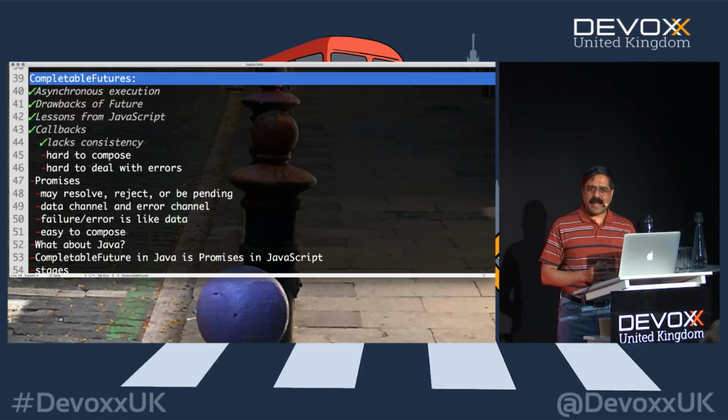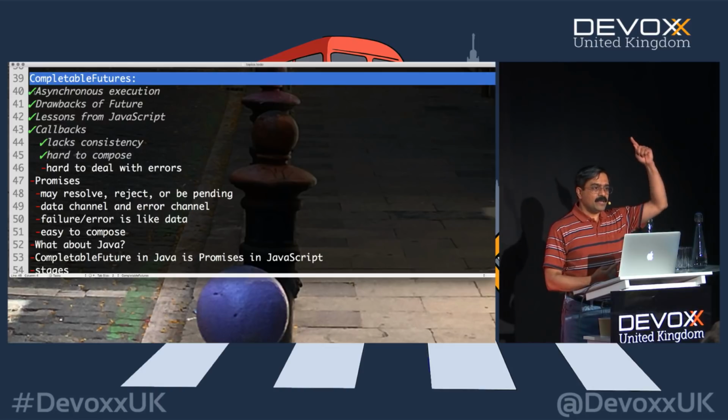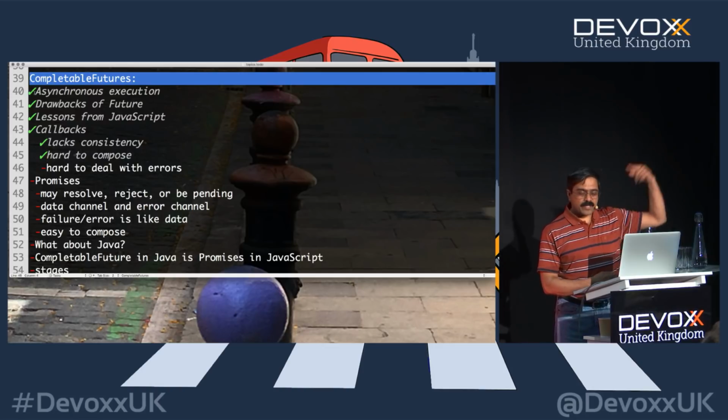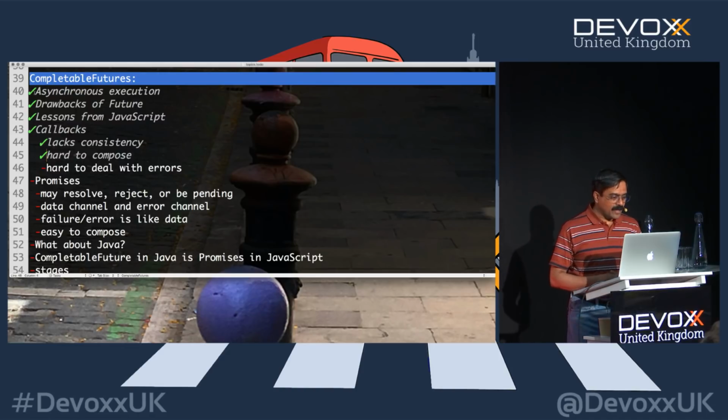Somebody may use data versus error. Somebody may use error versus data. There's no way to tell. It is really hard to compose callbacks. What if I want to call a method and it's going to give me data using a callback? When the data comes in the callback, I want to call another asynchronous method, which will then send me data through another callback. Now I need a callback within a callback. There's a very favorite name for it. It's called the callback hell. And that's not a very fun hell to be in.